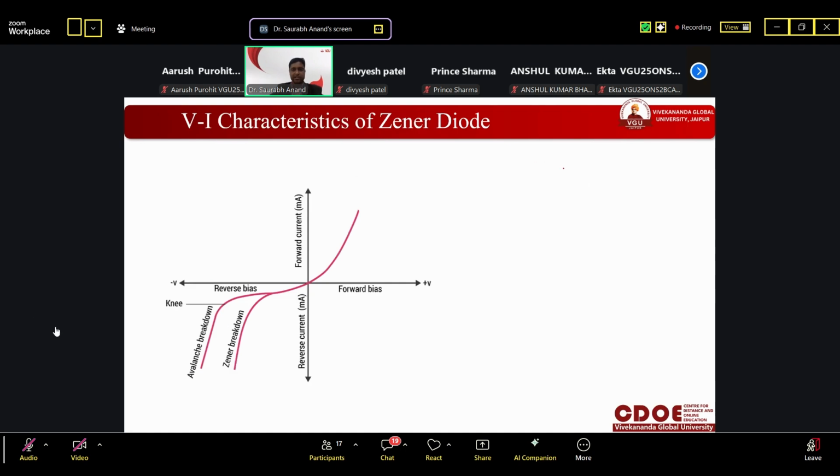In PN junction, we continuously increase the voltage, and this is the current; this is the forward bias characteristic. In reverse bias, we continuously increase the voltage, that is negative, but the current was very small. But after reaching a high voltage, the junction breaks, and that is known as avalanche breakdown. This voltage is known as breakdown voltage VB, a higher voltage value.